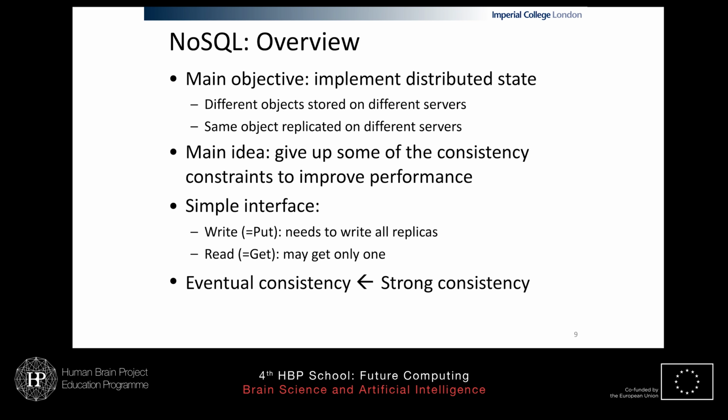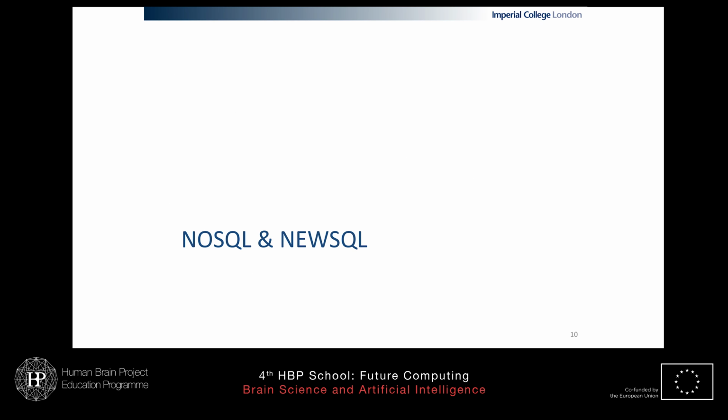And then we put in a very simple interface, do away with the complex language, and use essentially a simple interface with put and get and similar operations. I'll talk about this in more detail. All right. So there comes this trend towards NoSQL and NewSQL. I'll talk about what the difference is. As always, NoSQL is a bit of business talk, business buzzwords, and its definitions are not entirely clear, at least not on a technical level. I'll try to make it as clear as possible,